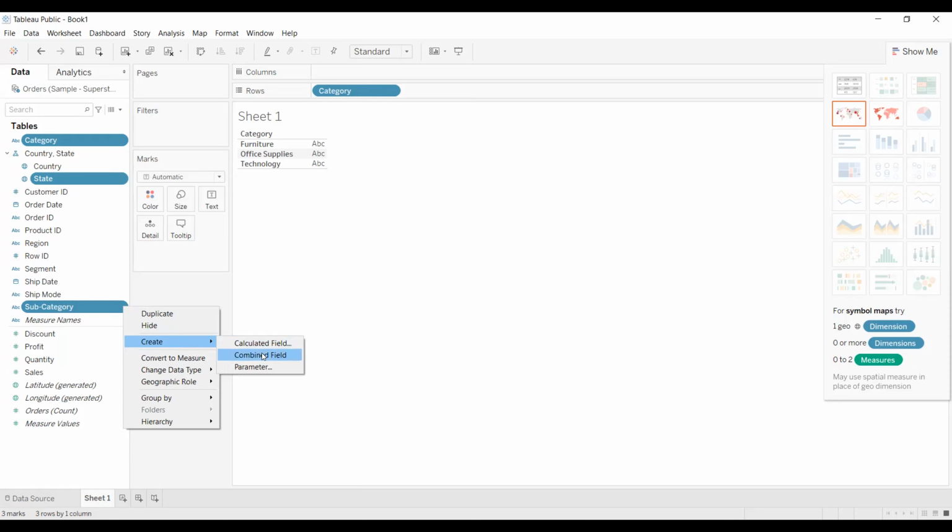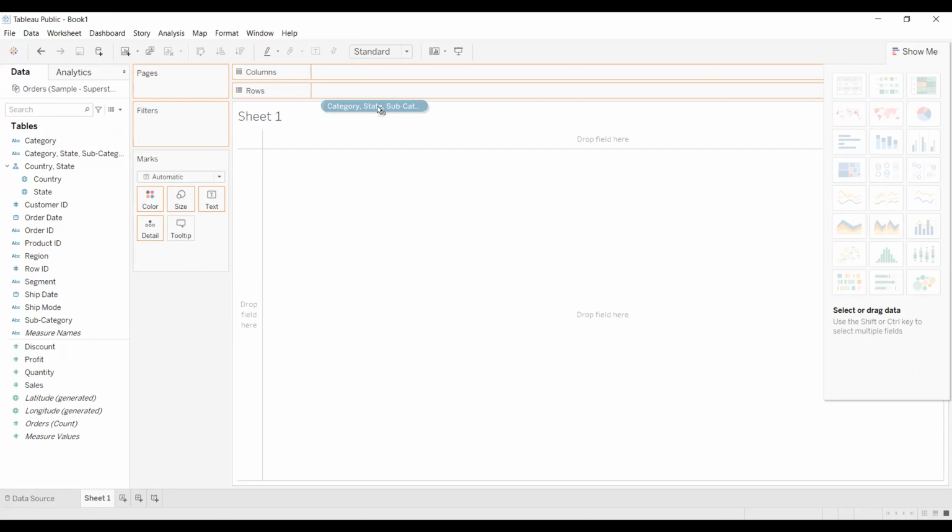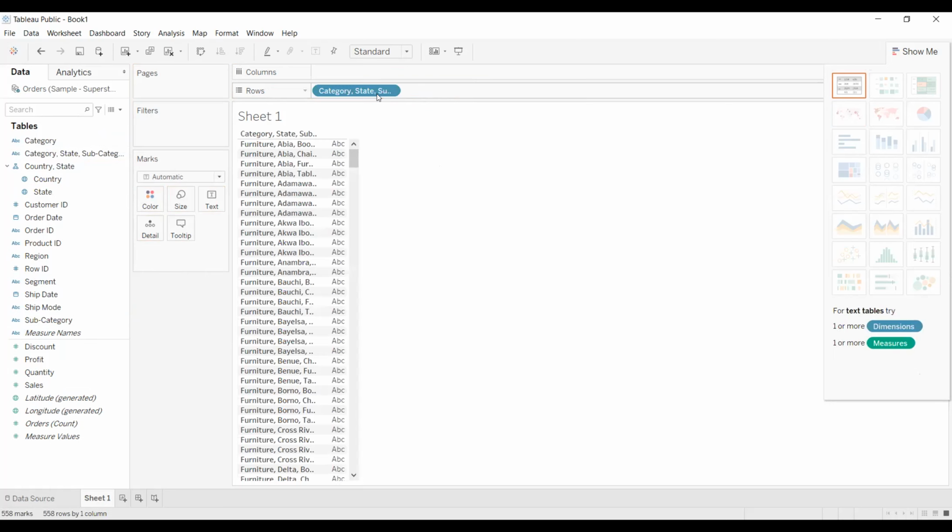Create a combined field. I hope we are together. Yes, ma'am. Okay, so I want to create a combined field, because I'm looking for three things: category, subcategory, and state. So I can create a combined field like this. You can see that the combined field has already appeared here. The ones I was using before are not going to help us right now. So I can now drag that one to this particular place. Now if you extend this, you see that,